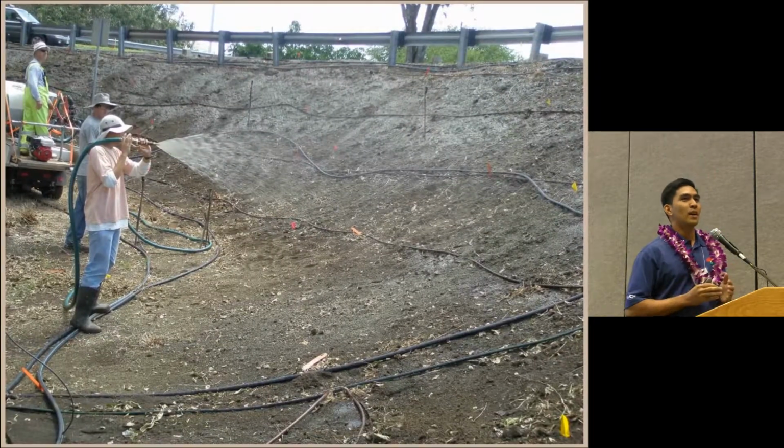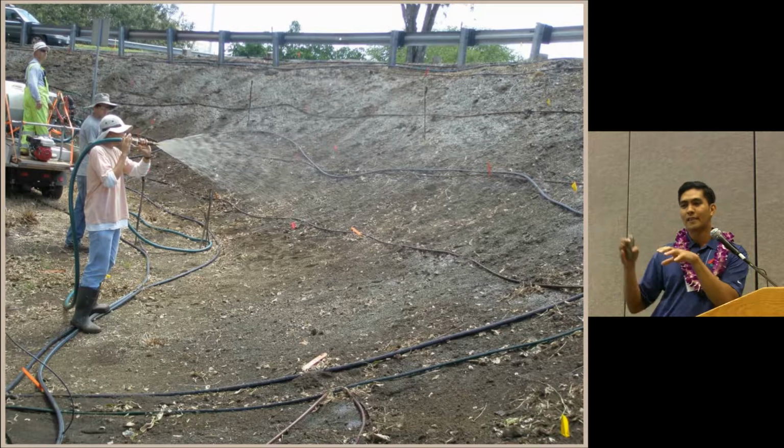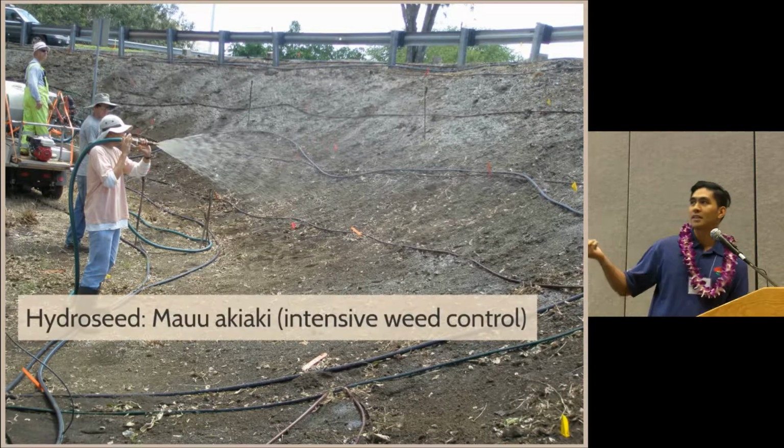Hydromulching is basically a way of large-scale establishment of a ground cover or a grass, wherein you have a hydromulch machine which has a tank attached to a pump. You fill the tank with water and paper mulch, and the pump mixes it. You can put the seed inside that pump and then spray that mixture onto your planting surface, or you can drop your seeds on your drip line and then cap it with a hydromulch cap. In the research that we did for these native plants, we found that hydroseeding, meaning you mix the seed inside the hydromulcher and spray it on top of your planting surface,